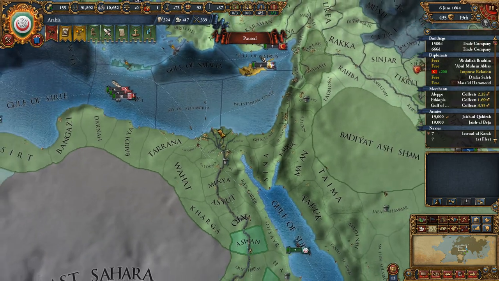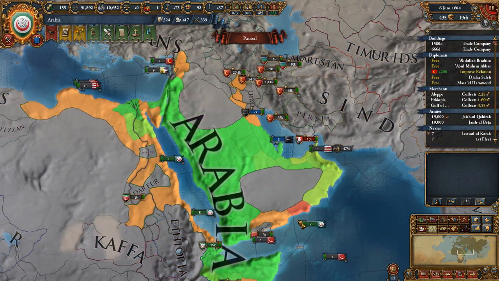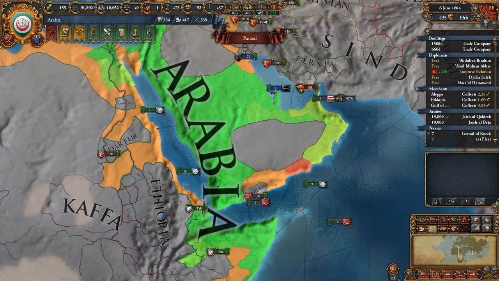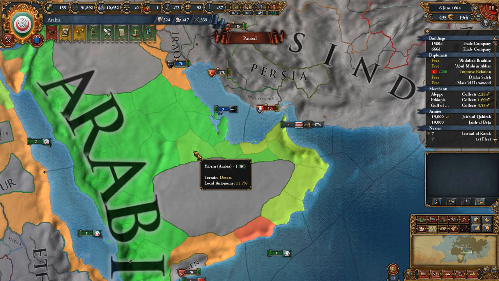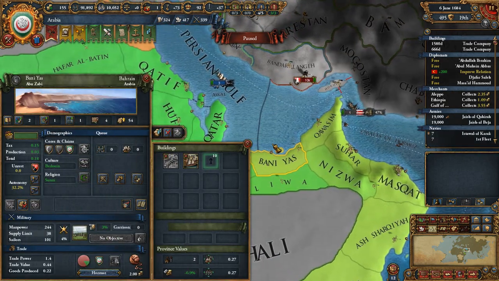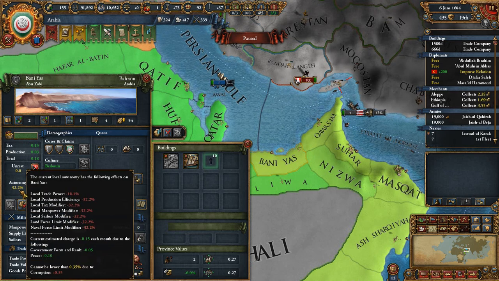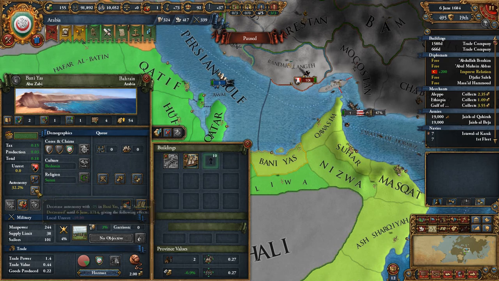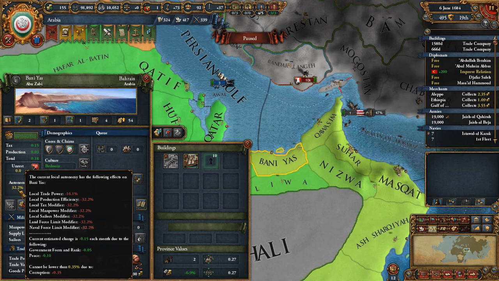Now, what is the third way that we can improve income? Another one that is often overlooked because of the sometimes negative effects of it is lowering autonomy. If you don't know how autonomy works, basically this number here is a flat reduction to the effectiveness of the province. So we have 32% autonomy in this province. That means that we're getting 32% less taxes, production income,